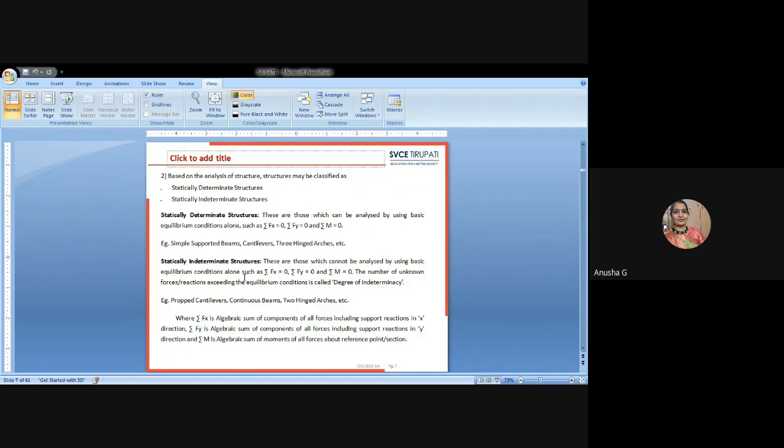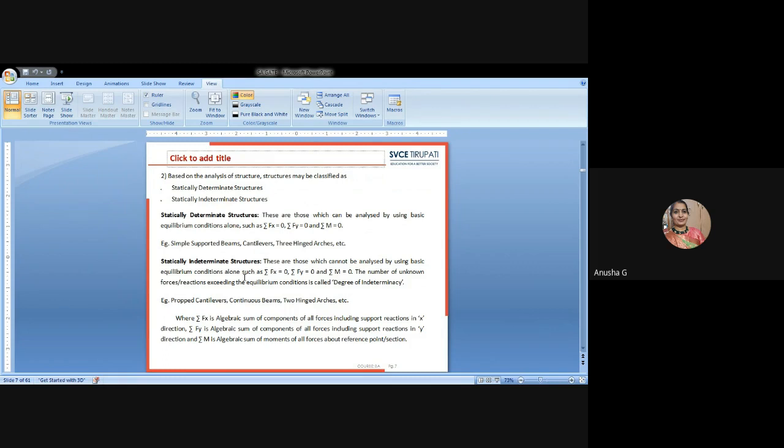Now we'll see what a statically determinate structure is. Actually, we have the equilibrium conditions that we learned in engineering mechanics basics. The algebraic sum of all horizontal forces, the algebraic sum of all vertical forces, and the algebraic sum of the moments must be equal to 0. These are called the equilibrium conditions. Whenever a structure obeys these conditions,